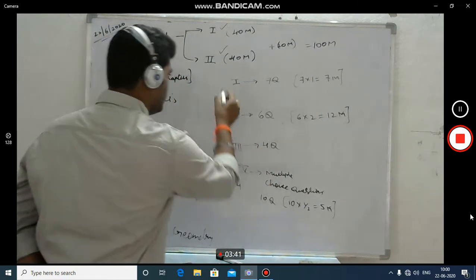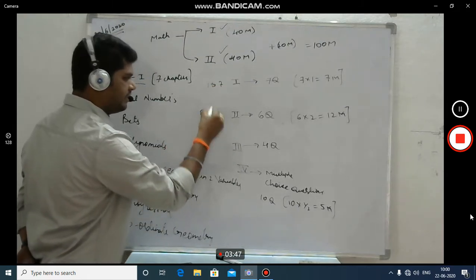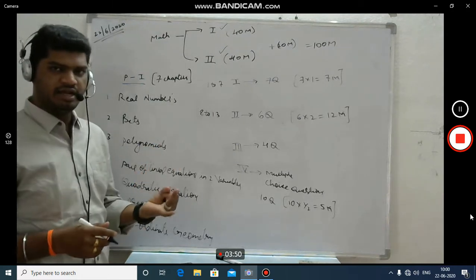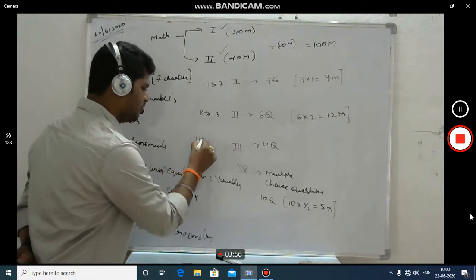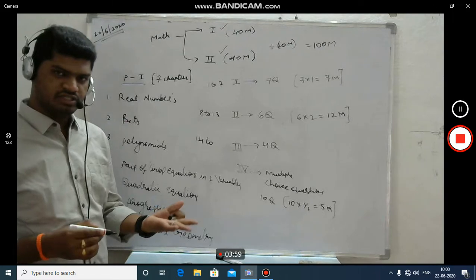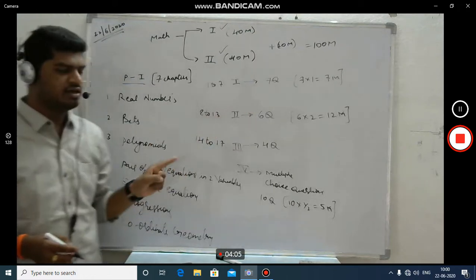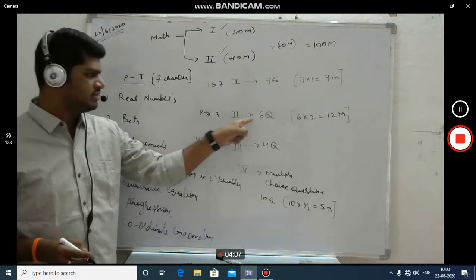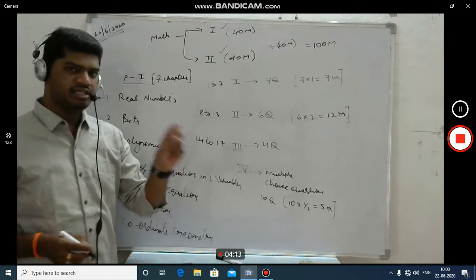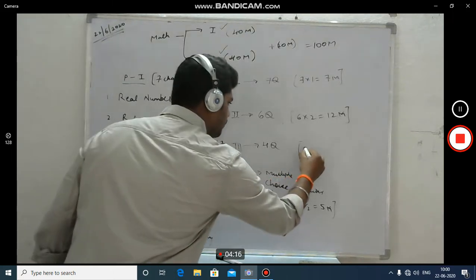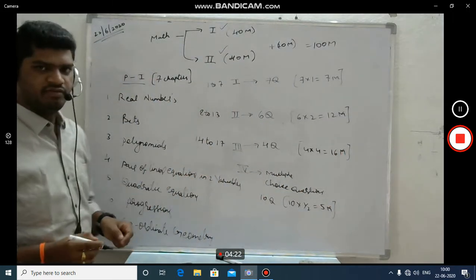That means how? See, 1 to 7 completed here, 8 to 13 will complete here, question number 8 to 13, because 8 to 13 means 8, 9, 10, 11, 12, 13, 6 questions completed. And section 3 starts from 14th: 14, 15, 16, 17. Question number 1 to 7 is section 1, which carries 1 mark. Question number 8 to 13 is the second section, that is 2 marks each question carries. And question number 14 to 17 is the third section, which carries 4 marks each. 4 into 4, you will get what? 16 marks.